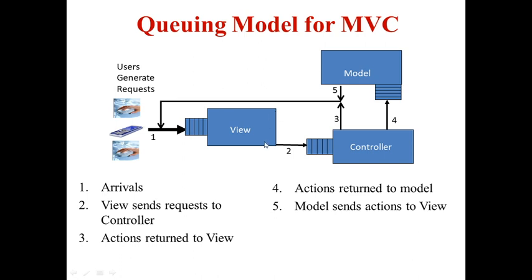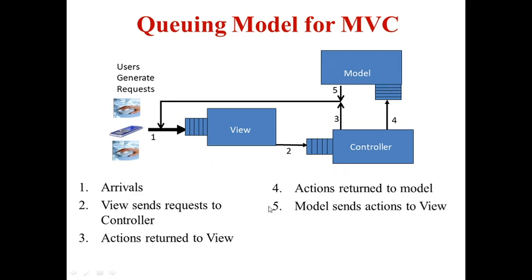Once it has been viewed, according to the action, it has to be sent to the controller. The controller checks which things are needed. Based on those selections, it has to go to the model. Then the model decides what kind of software has to be developed. So there will be a lot of controllers. It will be in the form of a queue, then it will be developed as a model. Clear?